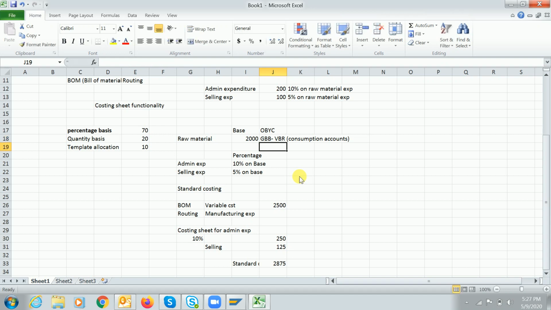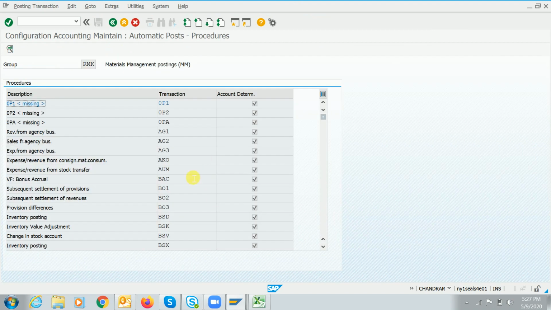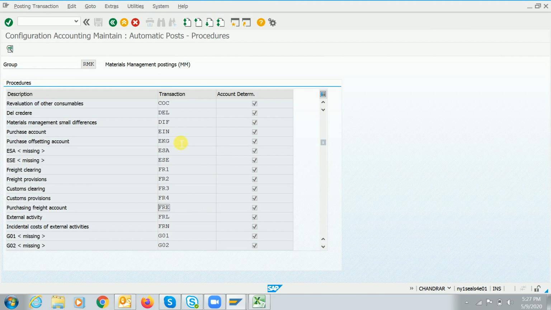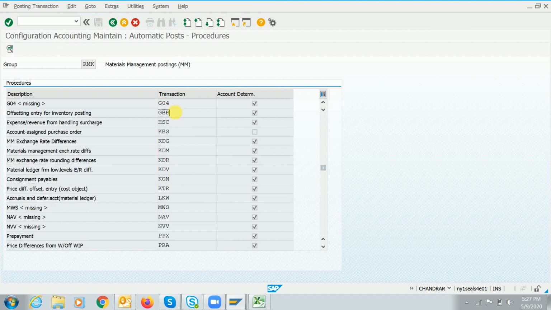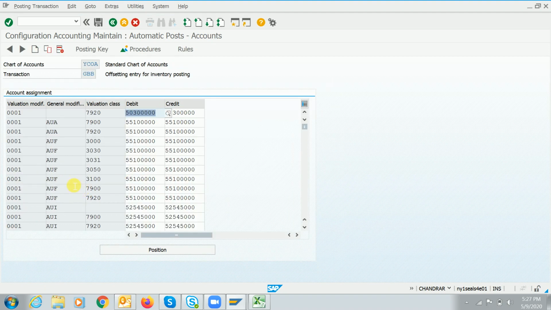Consumption accounts. Okay, GBB VBR, guys. If you go into the OBYC, GBB, here we are having the consumption, guys.